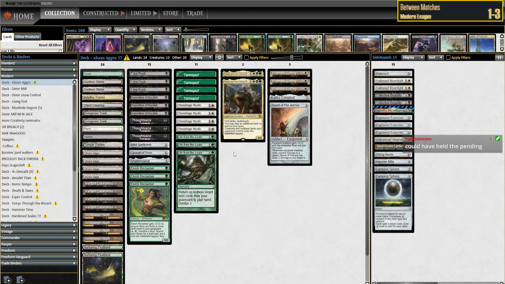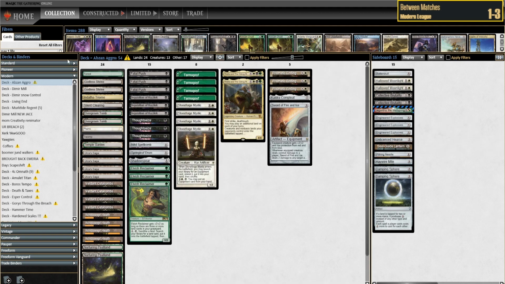Let's do that right now. Let's get rid of the baubles. Let's get rid of these. Let's do Ren. First things...